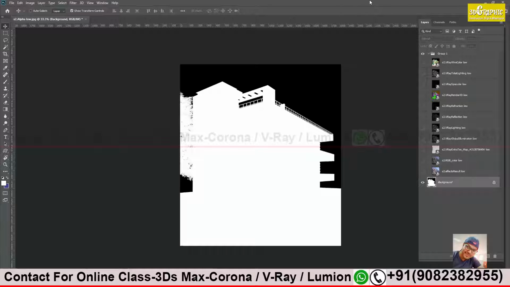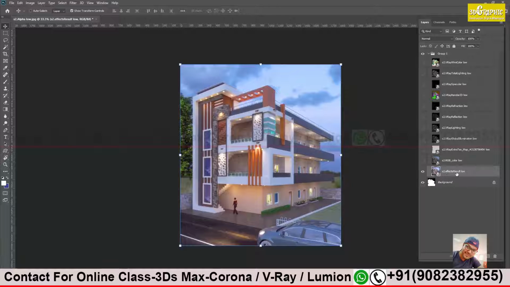Okay, now we will select the layers. First of all, select the layer. Click on the layer and on the eye icon. Both steps you have to do. First, select the layer. The layer should be highlighted. Remember which layer you are working on. So select the layer and the eye icon.